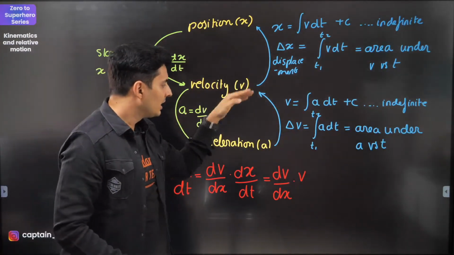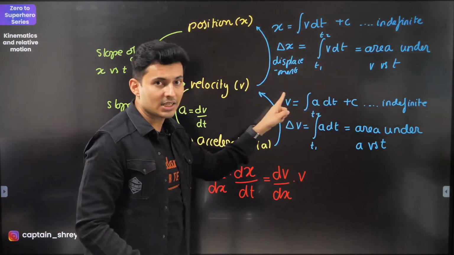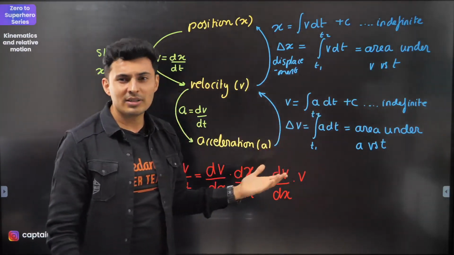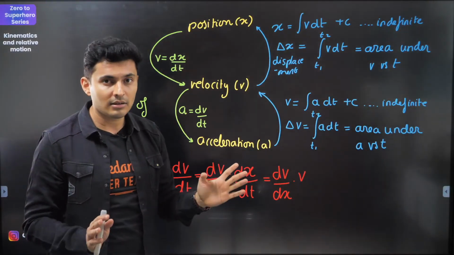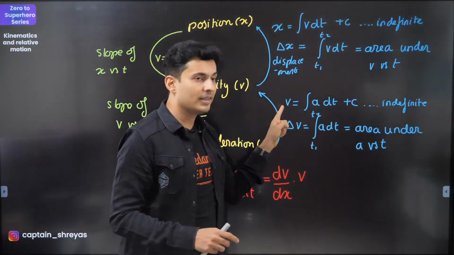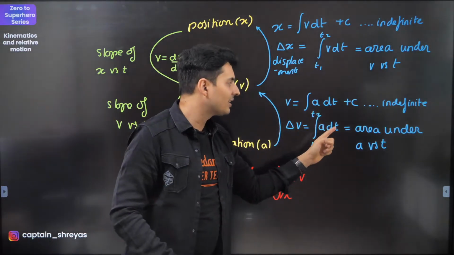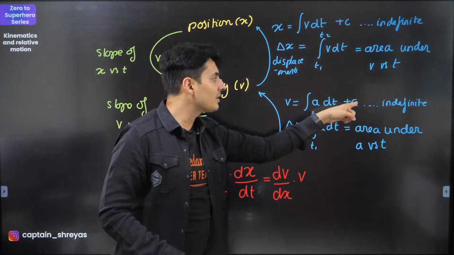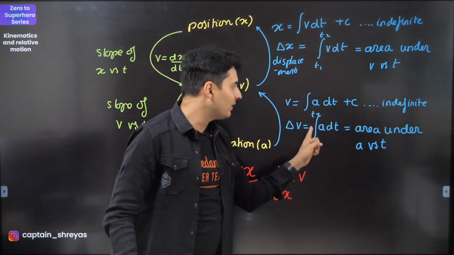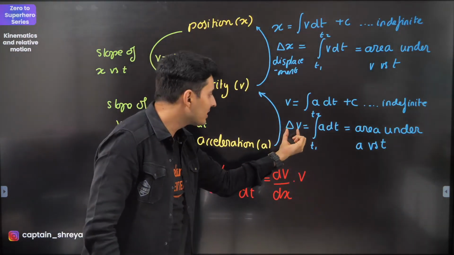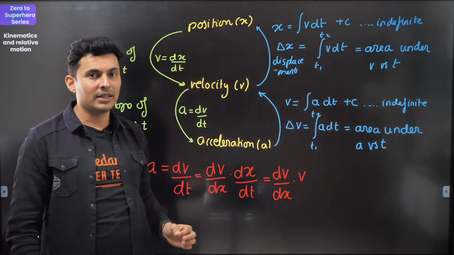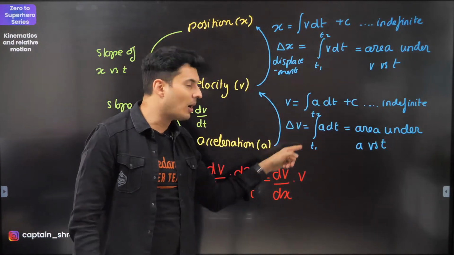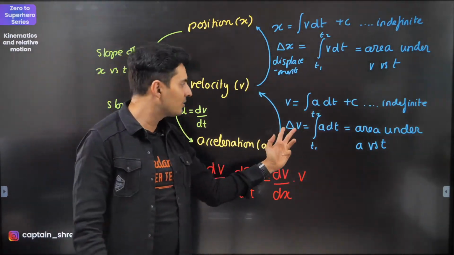If you go up, the integration of acceleration gives you velocity, but if you put a constant, what is that? Indefinite integration, right? So it will give you velocity, but if you put limits, what is that called? Indefinite? No, definite. Indefinite is when you have some unknown c, definite is when you have limits. That always gives you delta v, keep this in mind. Delta v is the change, so upper minus lower limit gives you the change.